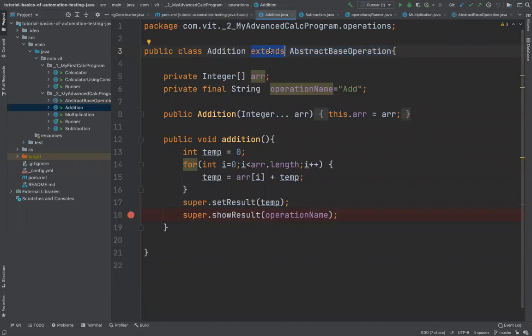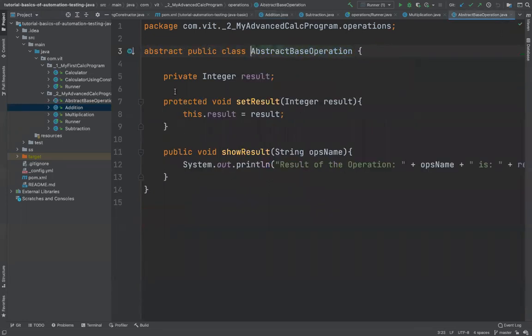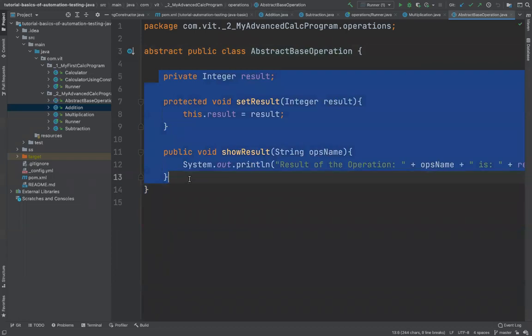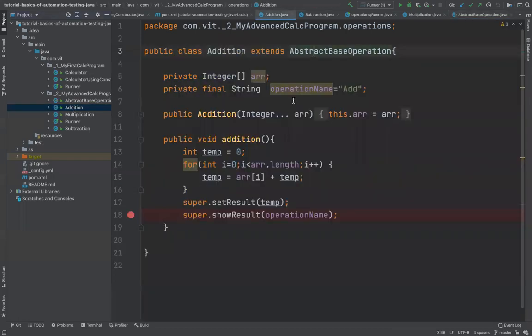Inheritance says there can be two classes which have the relationship of parent and child. So the parent class here is this and the child class here is this. As the name suggests, this is parent, this is child. Inheritance simply means whatever belongs to the parent, which is these three things, now belongs to the child. That's the concept of inheritance. It's very simple to understand. Like whatever belongs to your father belongs to you, right? That's the logic of inheritance.